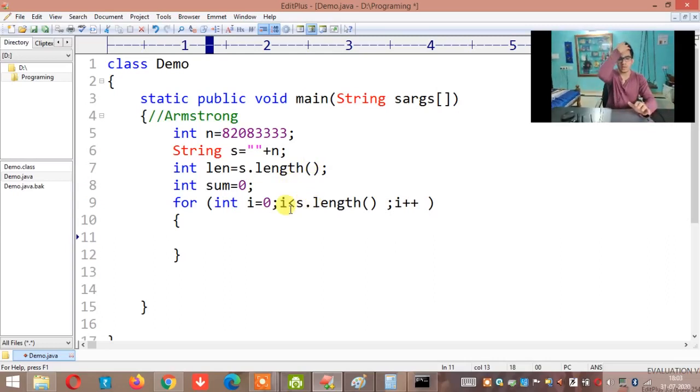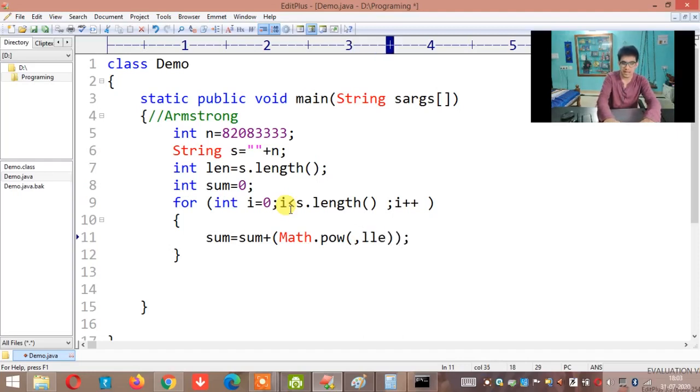Next, sum is equal to sum plus something. Now what is that something? That is Math.pow, the inbuilt method, Math.pow. So something to the power of len. What is that something? That is s.char